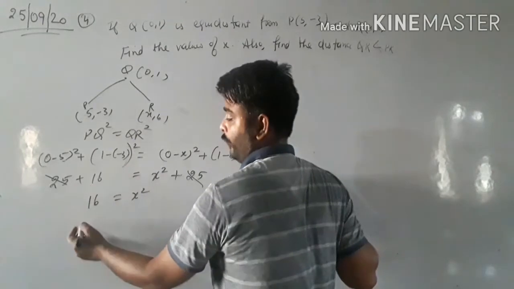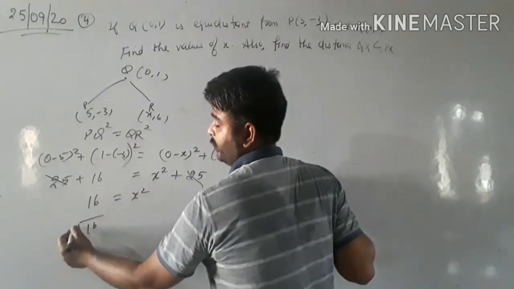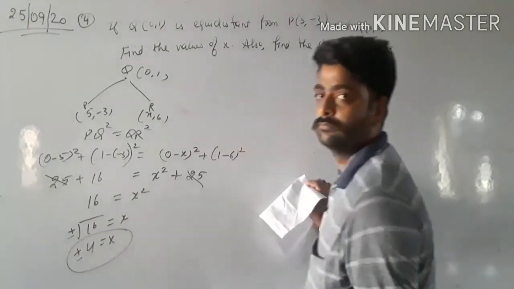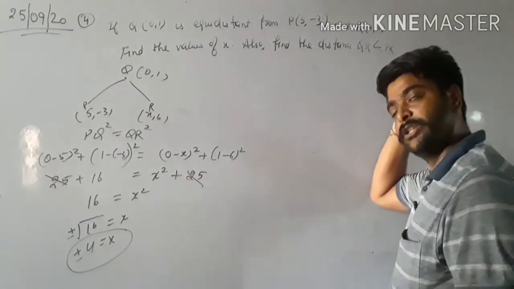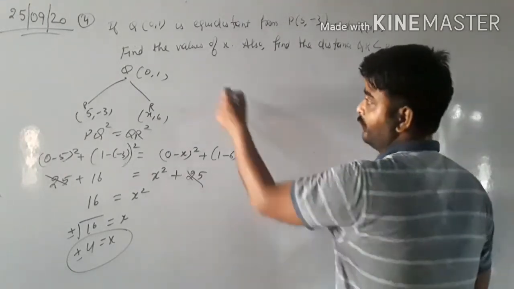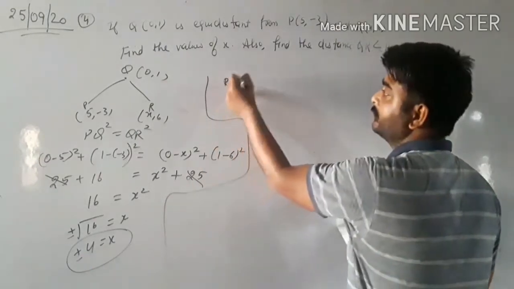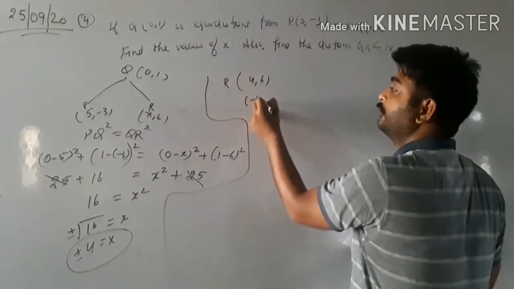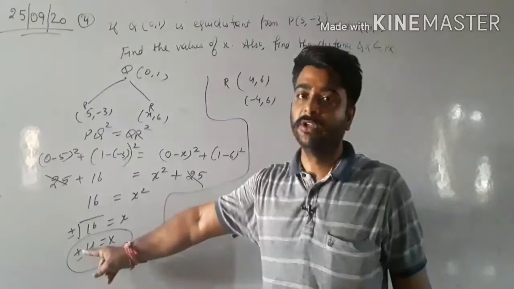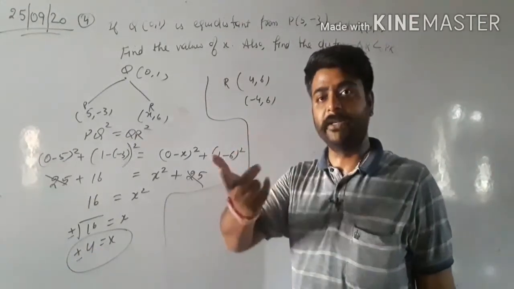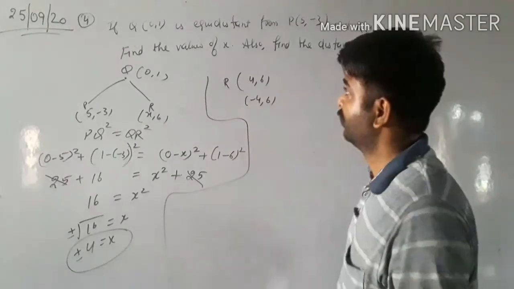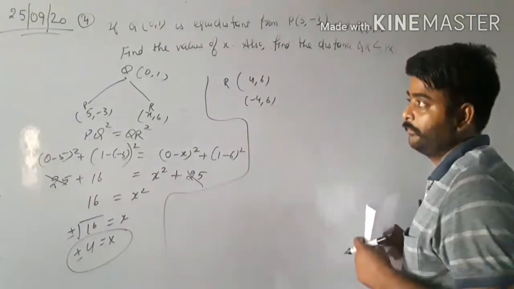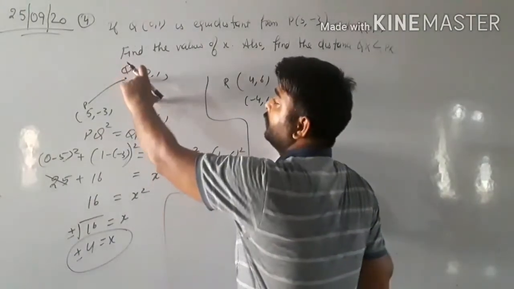When the square moves from x, it comes in root, that is plus minus. What we are getting? Plus minus x equals 4. Value of x is plus minus 4. Okay class, what did you get? The coordinate of R is, one coordinate is (4, 6) and the other is (-4, 6), because when you are solving with the root, there may be two values, that is plus and minus. So plus 4 and minus 4. Now class, what's the demand? That also find the distance QR and PR. I need to find out the distance QR and PR.